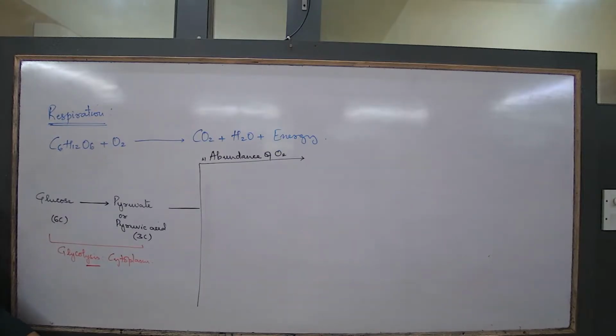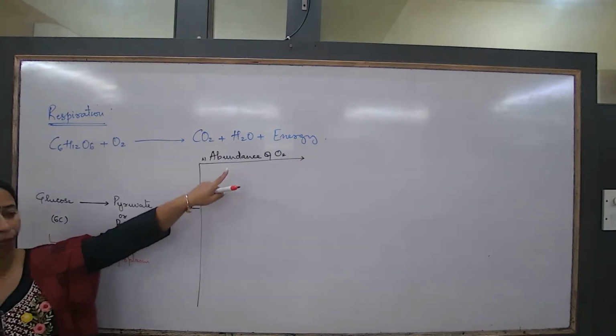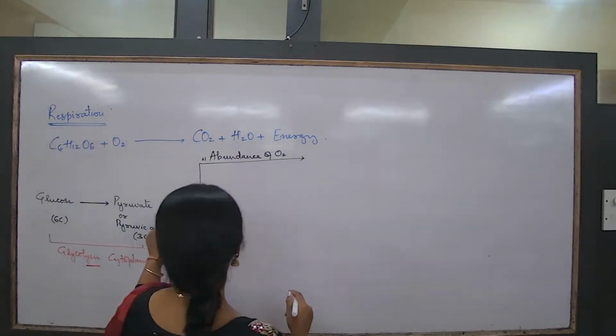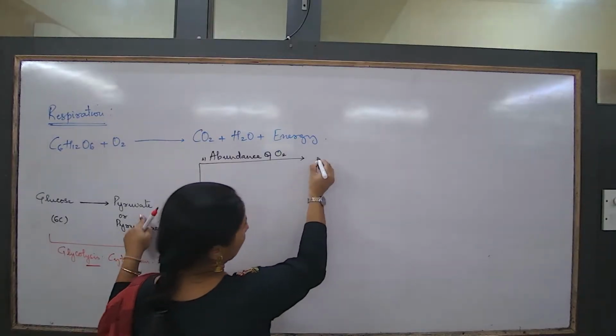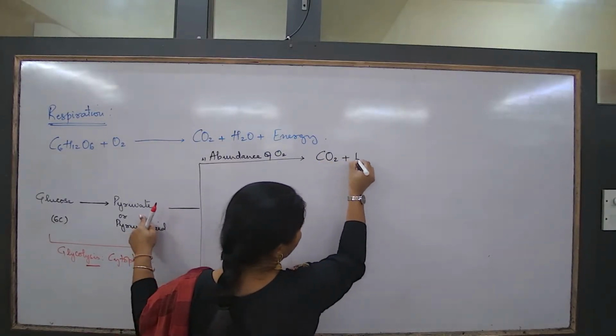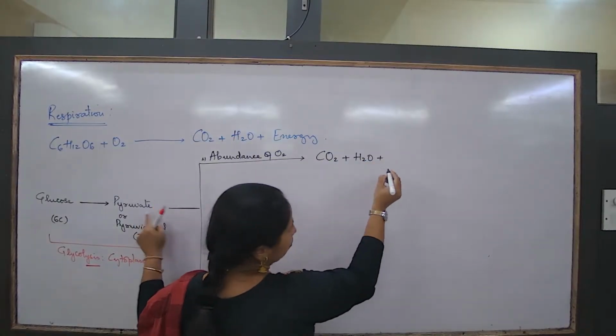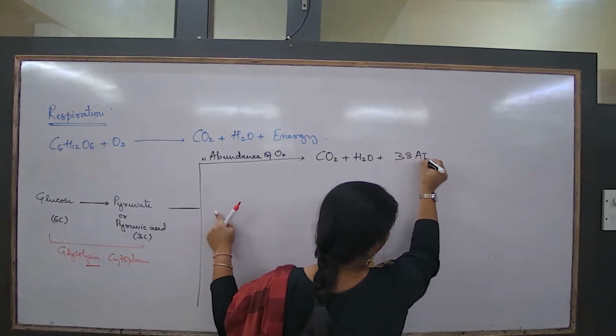How would the plant take in oxygen from the environment? By way of stomata. So I talk about any developed organism, the frog and the fish, the plants and the human, the different types of insects also. They also have pores in their body through which they can take in oxygen. So if it is an organism which can take in abundance of oxygen, then what would be the breakdown products of pyruvic acid? The breakdown products of pyruvic acid would be carbon dioxide, water, and 38 molecules of ATP.